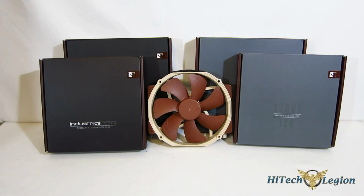For years, Noctua fans have been synonymous with absolute quality and performance, and they're very distinctive in their coloring. The brown-beige color scheme, many have said, is the color of class, is the color of performance, etc. But let's face it, when you're doing a theme build, if you're doing a black and red, black and blue, if you're doing a green build, it just doesn't work, aesthetically at least, but you still want that kind of